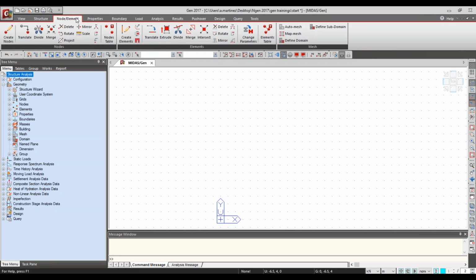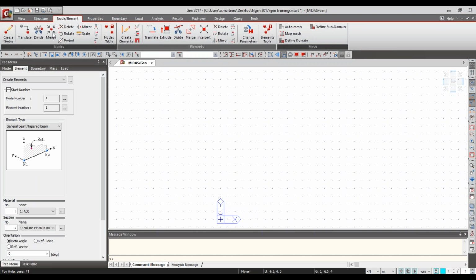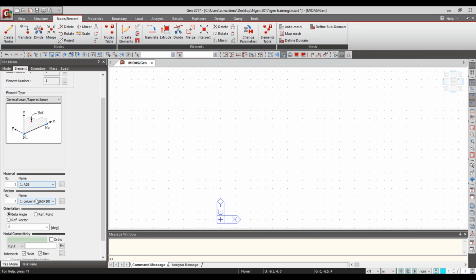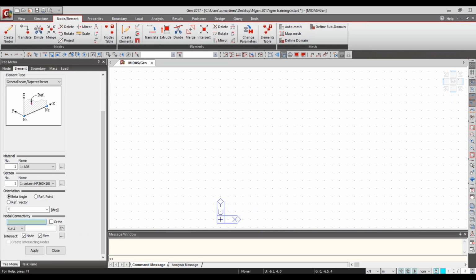So I'm going to go to Element, Create. We see here we have different element types. We're going to be working mostly with beams, general beams. Here we select the material, there's only one, and here we select the section. In this case, we're going to start with the columns. I'm just going to go here to nodal connectivity. I could technically work this through just coordinates, but I can also directly draw, and there's a grid down here that guides me